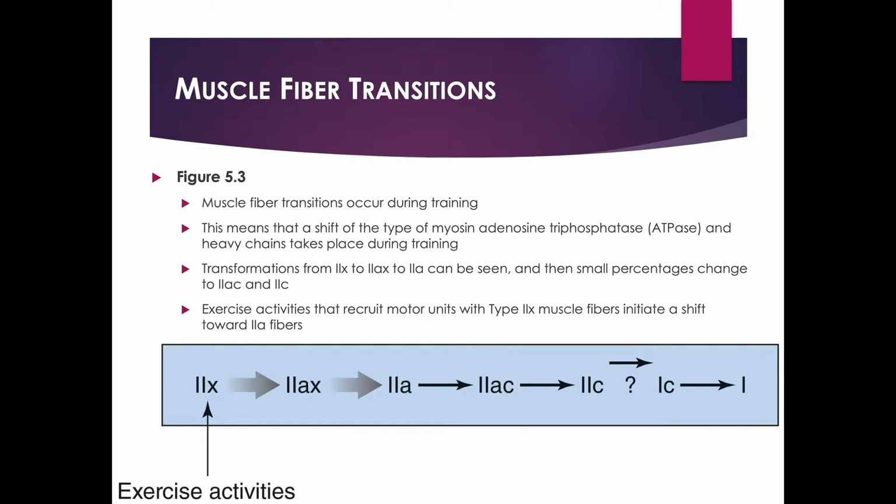Remember, though, that with fiber type transitions, you will have some, but don't think that the fiber type changes are going to be drastic enough to make you into one athlete or another. Most individuals are all roughly about the same in fiber type expression. It might be a safe assumption that those who are really good at sprinting might have a little bit more type 2X expression in certain muscles than other people, but if you're Usain Bolt, you're not going to be 95% type 2X, and that's it. It's just some of the muscles might have a little bit more expression.